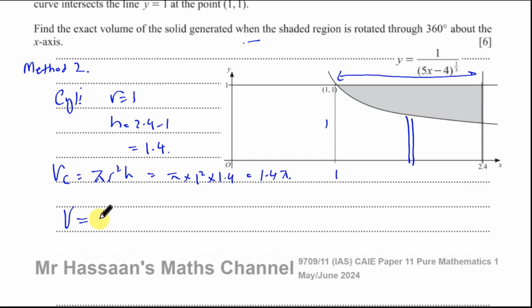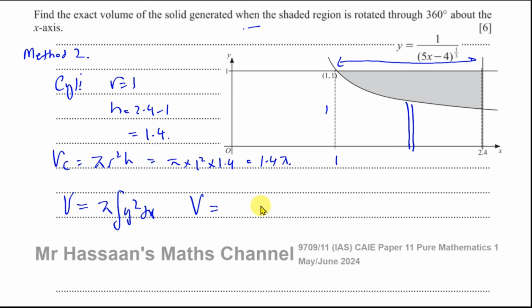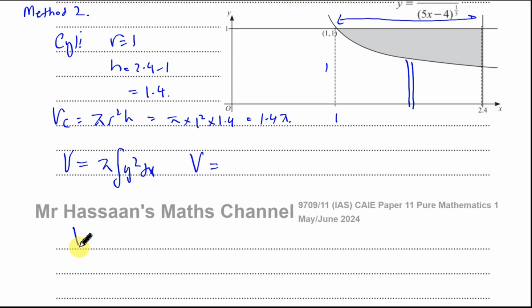And that's going to be pi times y squared dx between those two values. So the volume is going to be of that second part. What we can do here is say that the total volume we're looking for is basically 1.4 pi, which is the volume of the cylinder, minus the integral between 1 and 2.4,